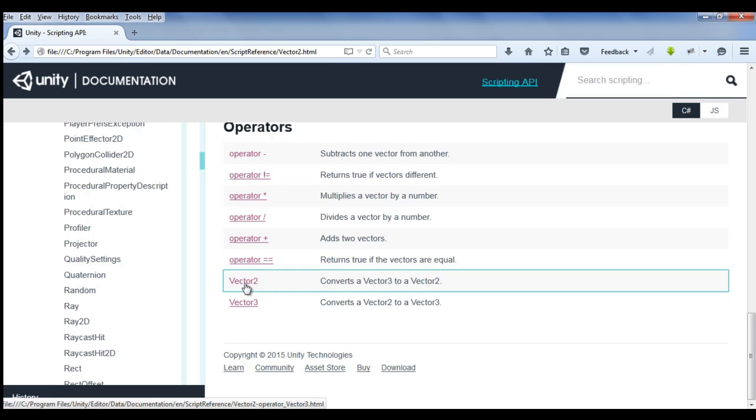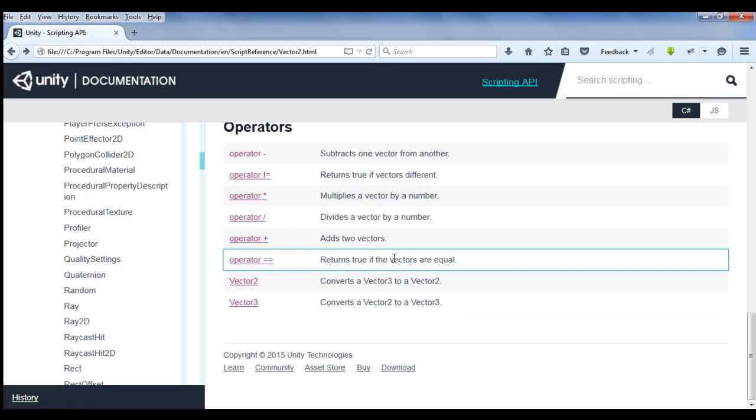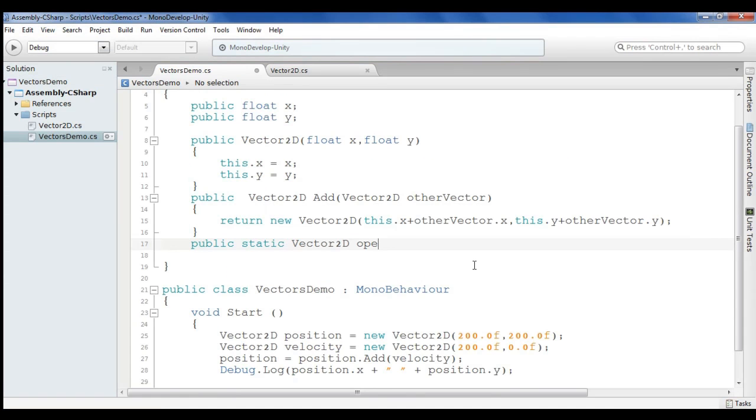You can see here this one, Vector2. This is an operator, guys. It converts a Vector3 to Vector2. Can you see that? You can convert one type to another type. You can convert Vector3 to Vector2, or you can convert Vector2 to Vector3 by creating your own operator with the name Vector3. We will see all these examples. Now remember that you cannot overload shorthand arithmetic assignment operators. You cannot overload plus equal to, minus equal to, multiplication equal to. Keep that in your mind.